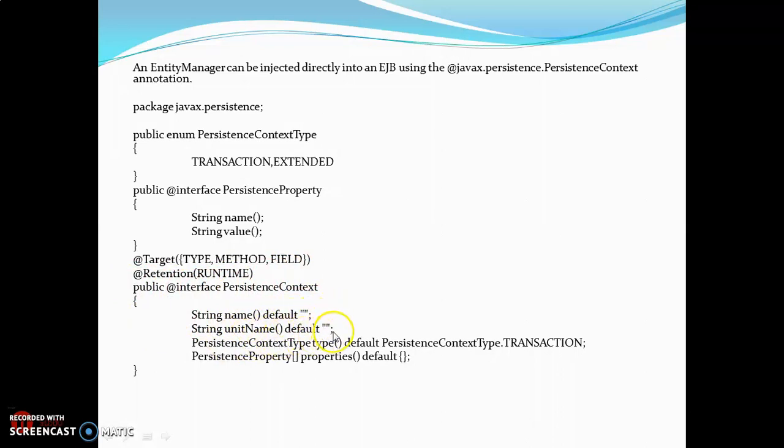name will be blank by default, and the persistence context type will be by default PersistenceContextType.TRANSACTION, which is nothing but transaction type. So we have seen extended and transaction. These are the two types of persistence contexts. Here we are using transaction. So we are setting the properties of all this to default. So this is how our entity manager will be injected using